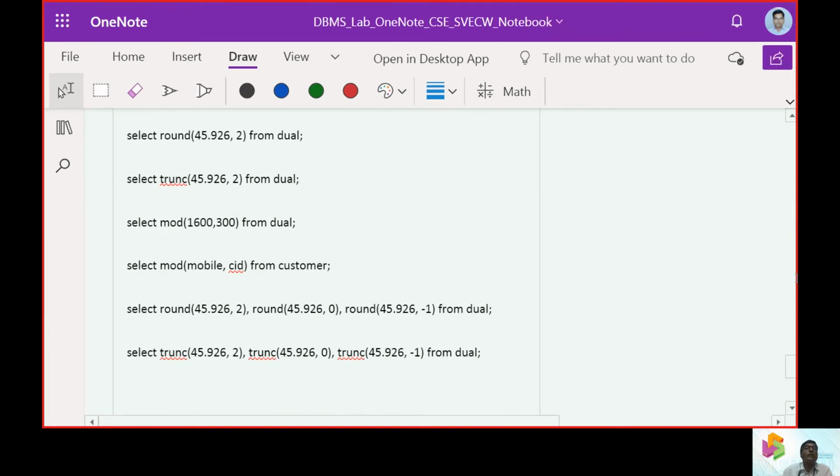So here we have the values. We have the value to round, 45.926, and it should round at the second position.